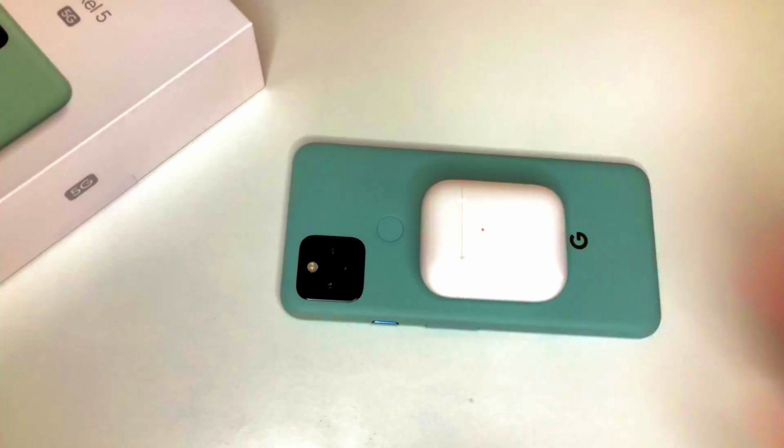If you travel a lot or just need a phone to last all day, this is one of the best to get in this regard. Talking about battery life, this phone has reverse wireless charging, which is great when you want to charge your AirPods or another phone in a pinch or when traveling, which is huge, and it is something usually found in phones